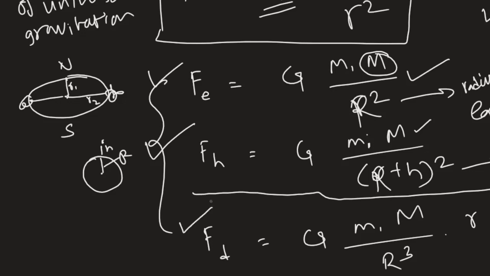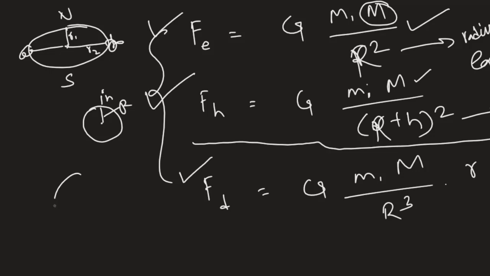the gravitational force at a specific depth in the Earth. For example, let us say we have this Earth and this is the center, and we have some point over here which is inside the Earth. If you want to find the force between these two points, we have this last formula. Again, gravitational constant G into, let us say, the object's mass m1, into capital M, that is Earth's mass,